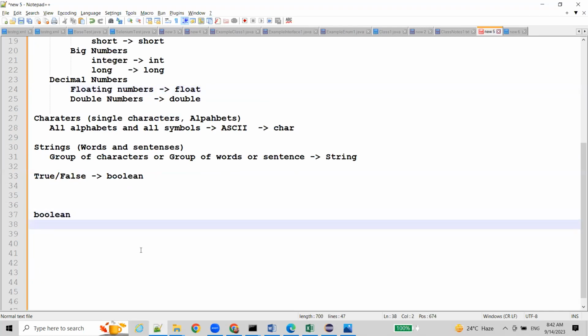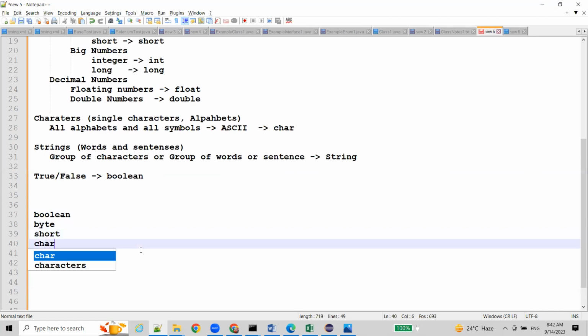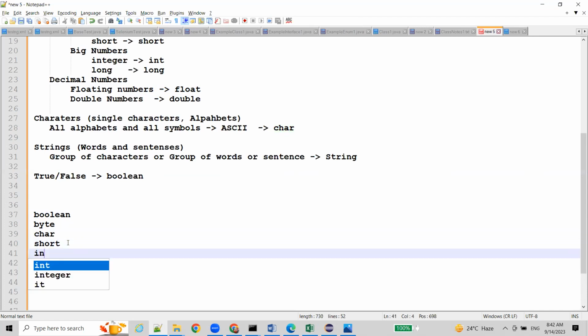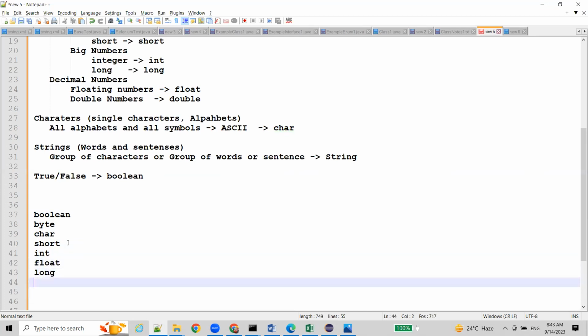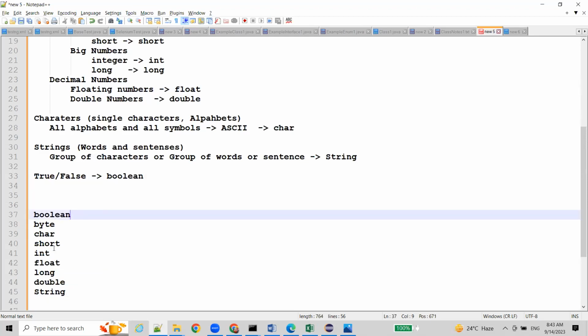Okay, boolean we have, byte we have, short, char. So let me put this char here. Int, float, long, double, string we have. The total, how many we have? 1, 2, 3, 4, 5, 6, 7, 8, 9. Okay. So nine types of data, 9 keywords we have